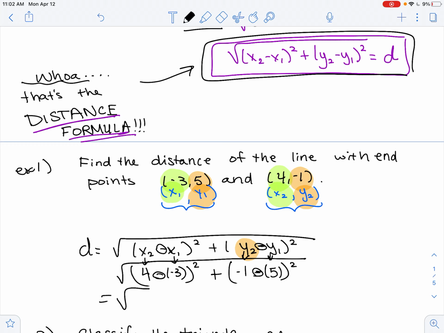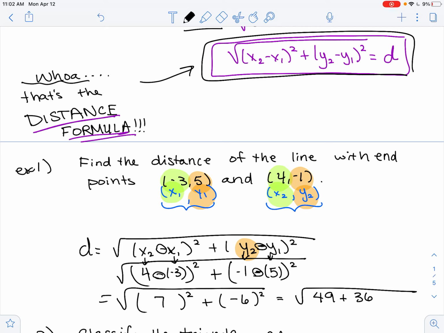So when I go to simplify this, well, I know in the parentheses, 4 minus -3 is like saying 4 plus 3. Well, 4 plus 3 is 7. And -1 minus 5 is a total of -6. So now when I start to simplify this again, I know 7 squared is 49, and -6 squared is positive 36. So when I do that, I take the square root,